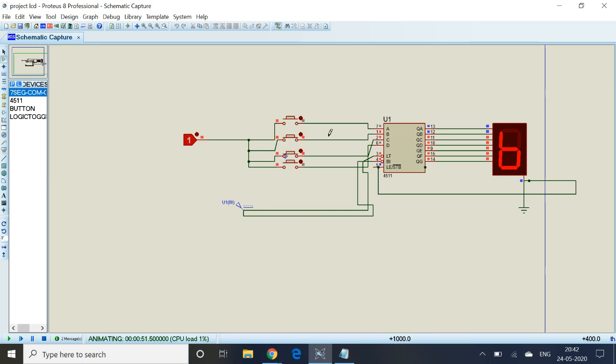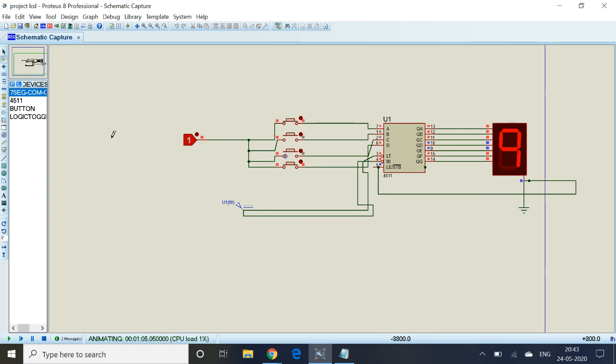If A, B, C are high, then it will display 7. And if D is high, then it will display 8. And if A and D are high, then it will display 9.